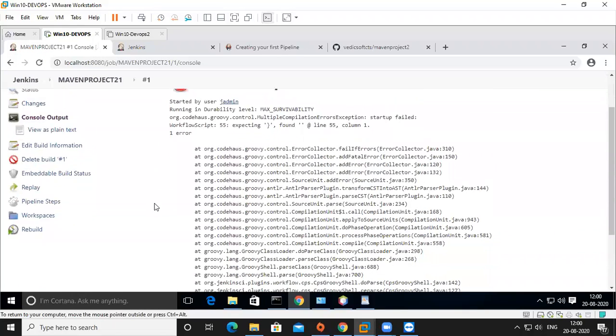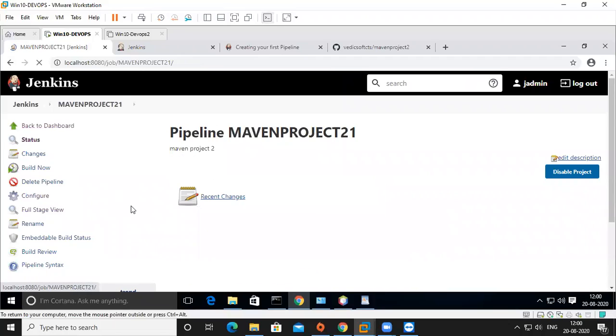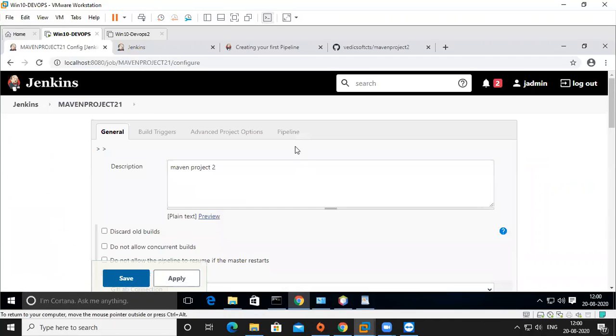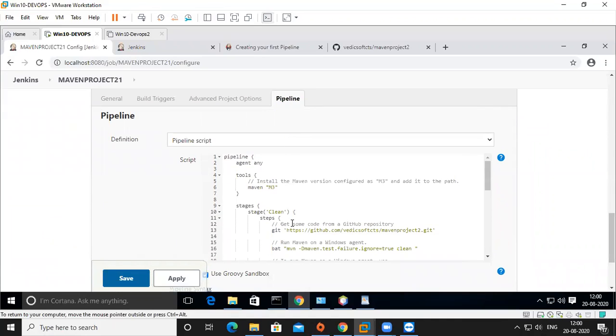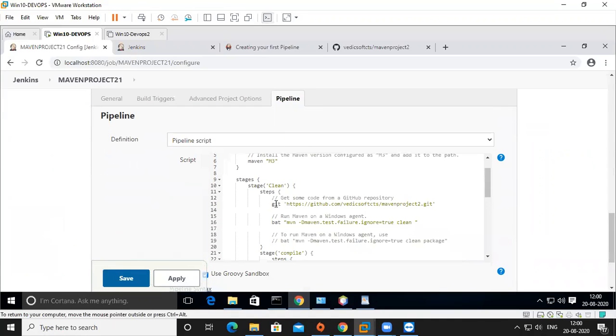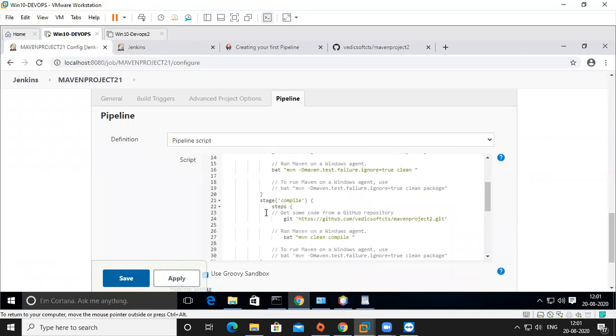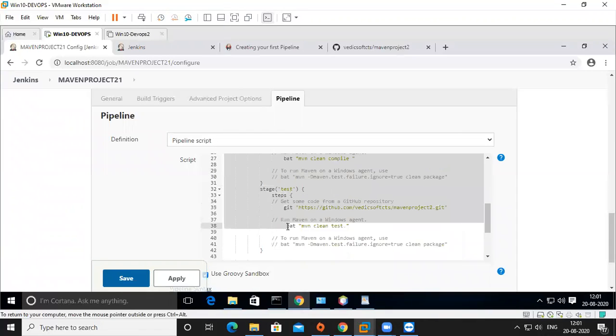Okay, now we'll back to the project and go to configure. Go to pipeline. So what I'm going to do is stages, steps. So I added few stages, right? So I will remove all these extra stages to get output.